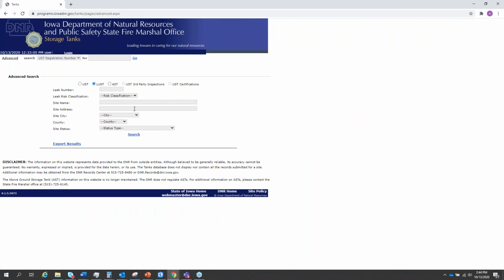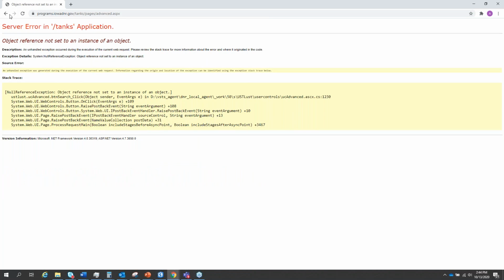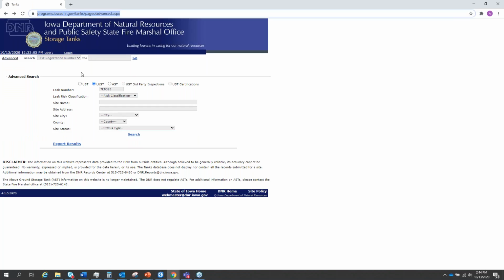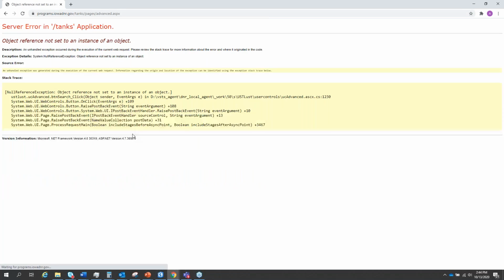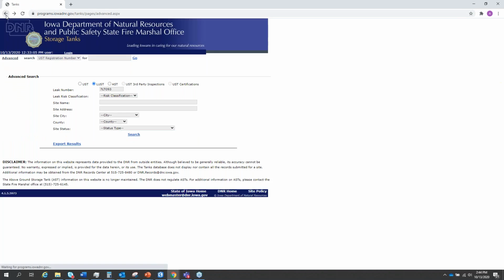We like to think of UST Finder as a companion to other state databases that may contain more information on a release than what UST Finder provides. So I can go in here and just paste that number into the Iowa DNR site and get more information about that release than what's within UST Finder. I promise you I tested this earlier and it worked. But let me try it one more time.